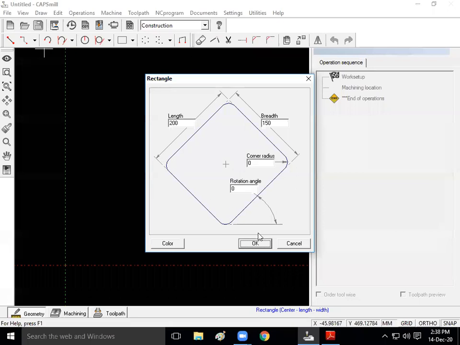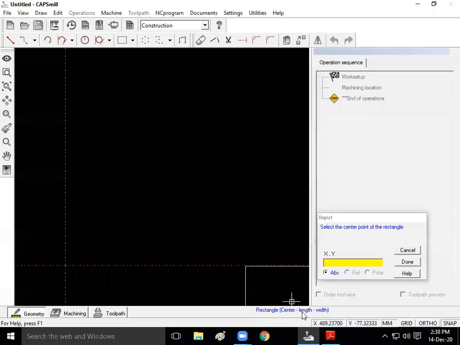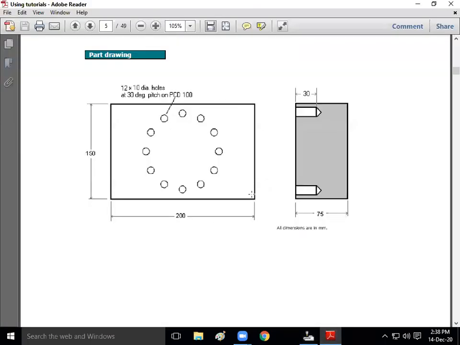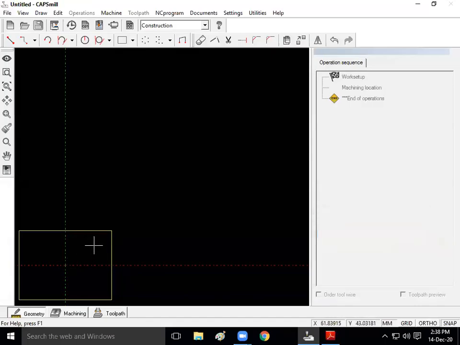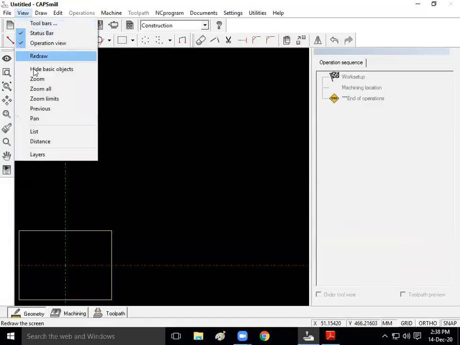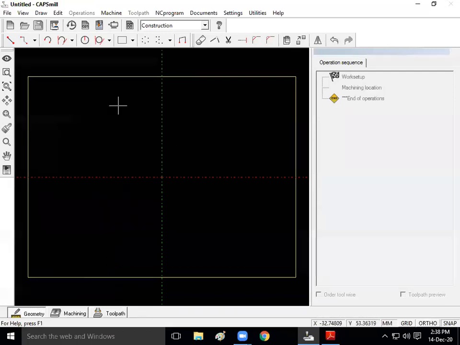Click on OK, and it is asking the center point of this rectangle. So the center point of this rectangle, I'm going to take it as 0, 0. Center point of the rectangle is 0, 0. Enter it and click on OK. So here we got the rectangle whose center point is 0, 0. Now I need to create the